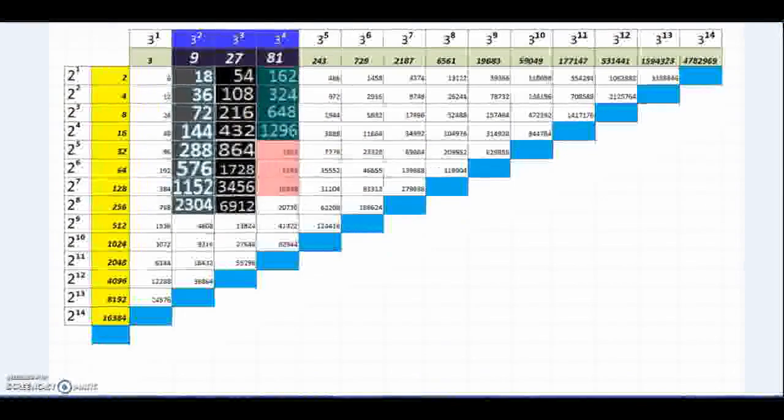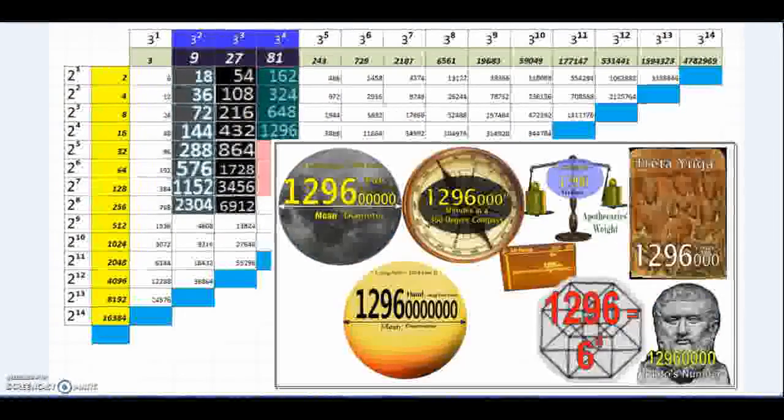So weights and measures, quadrivium, 1296. We have the same thing again, the long foot, and the long foot for Sun and Moon, 1,296,000 seconds in a 360-degree compass. Each of the 360 degrees is divided into 60 minutes, and each minute is 60 seconds. So there are 1,296,000 seconds in the compass,